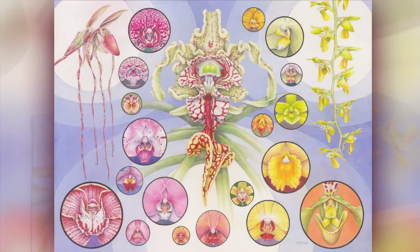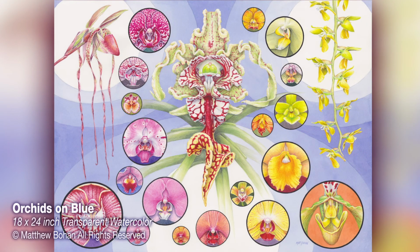So there you go. That's an 18 by 24 transparent watercolor of a bunch of different orchid